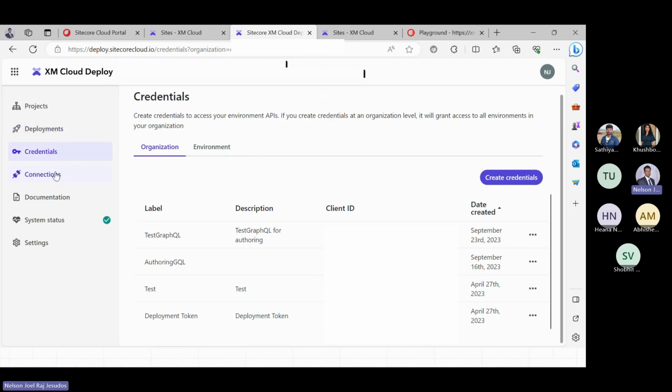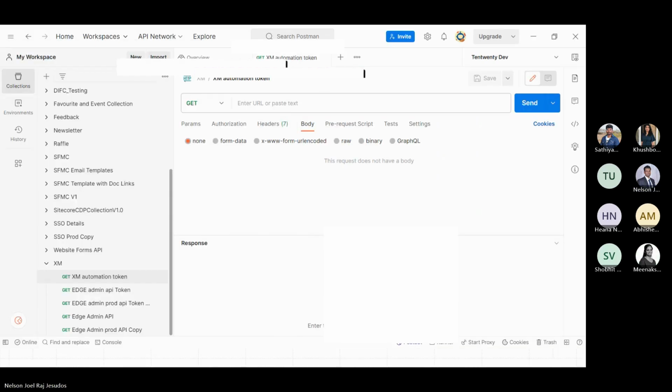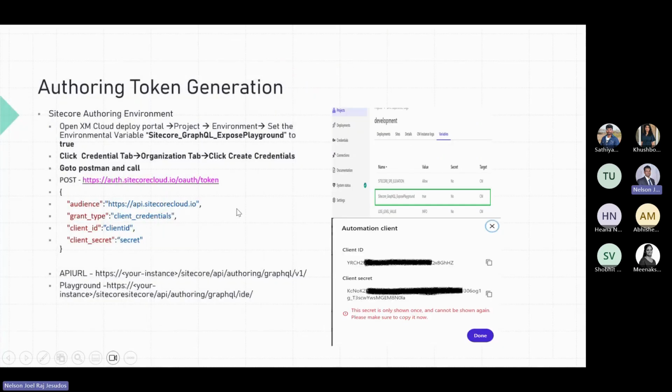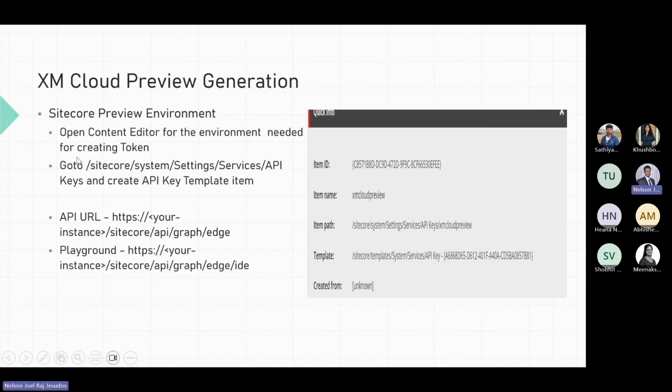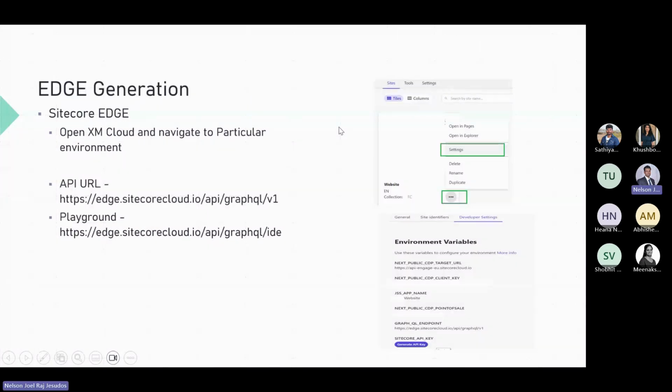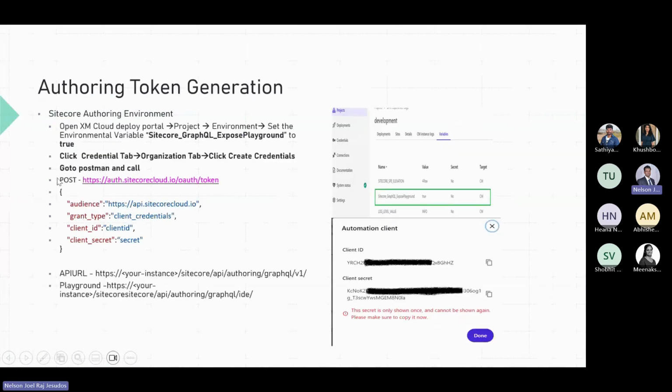The second thing is generating a token for the preview environment. For the preview environment, we can directly go to this location in the Sitecore content tree, and we can create this item and use this item ID. This item ID will be used as our key for the preview environment. If you see this response here, this is exactly what I'm trying to say for the authoring environment. If you post this request,